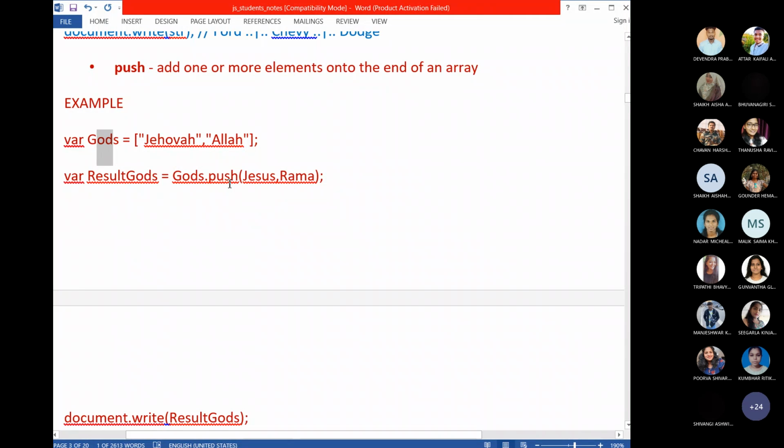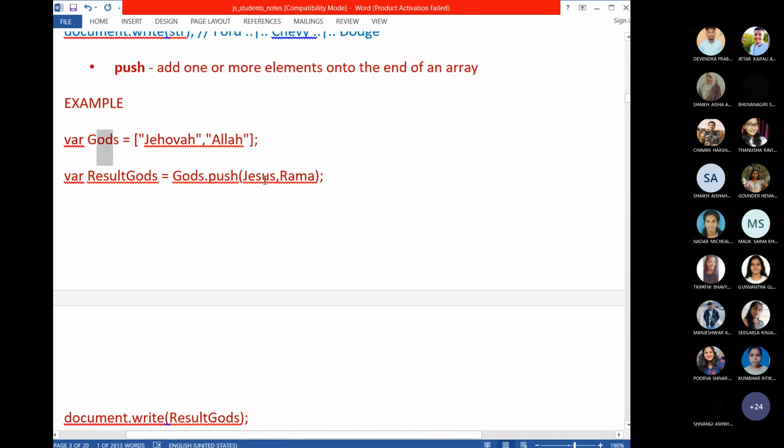When I use push, I have to use a parameter: the elements which I want to add at the end of the array. So one or more elements you can add. To show that, only two elements I have written. Even one element also you can write.